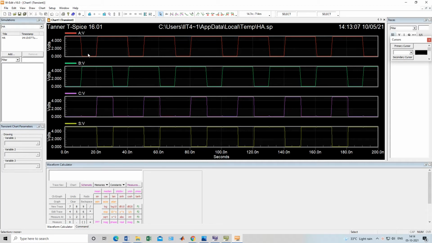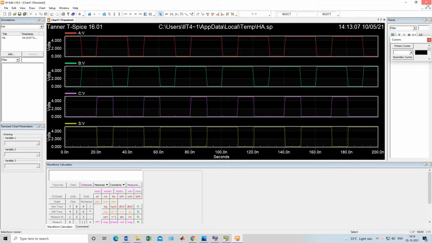In the second step, you can see A is 0 and B is 1, then 0 and 1 give sum as 1 and carry as 0. In the third bit, A is 1 and B is also 1. Then carry will be 1 and the sum will be 0. So this is how this process repeats, and this is how we check the output of the half adder.